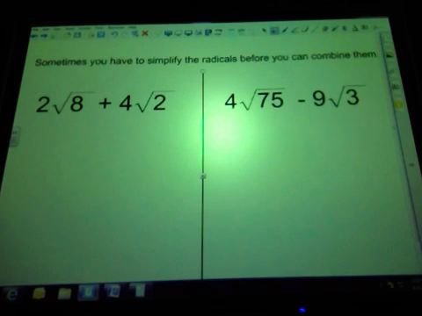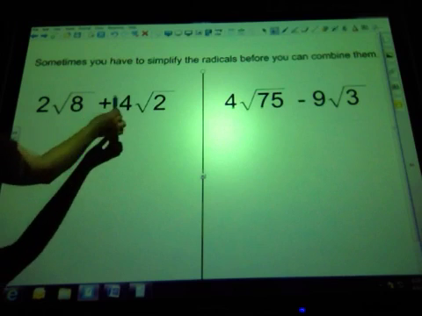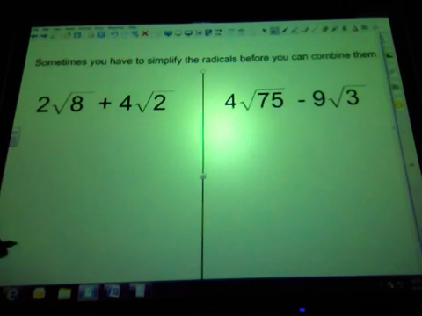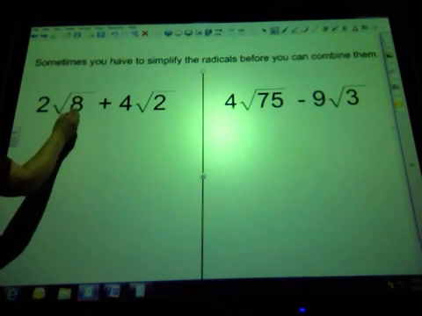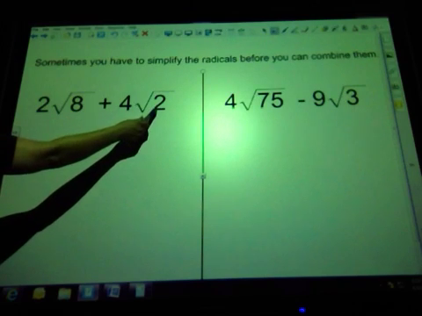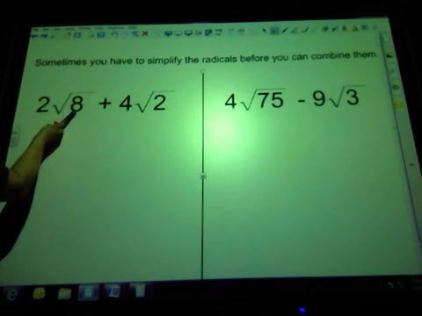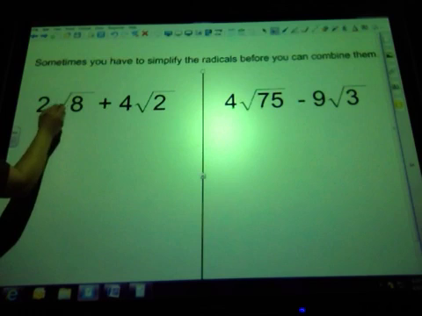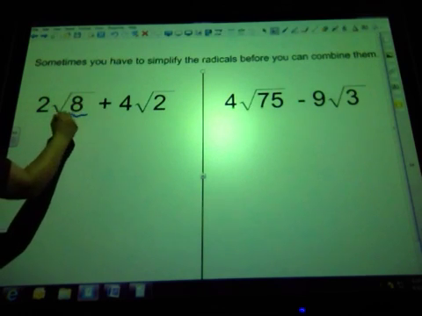Sometimes you have to simplify radicals before you can combine them. So on the left, we have 2 times the square root of 8 plus 4 times the square root of 2. I couldn't combine these if I wanted to because 8 and 2 are not like terms underneath there. So what I have to do is simplify this 8 to see if I can turn it into a square root of 2. I know from what we talked about yesterday that I can break this 8 apart into 4